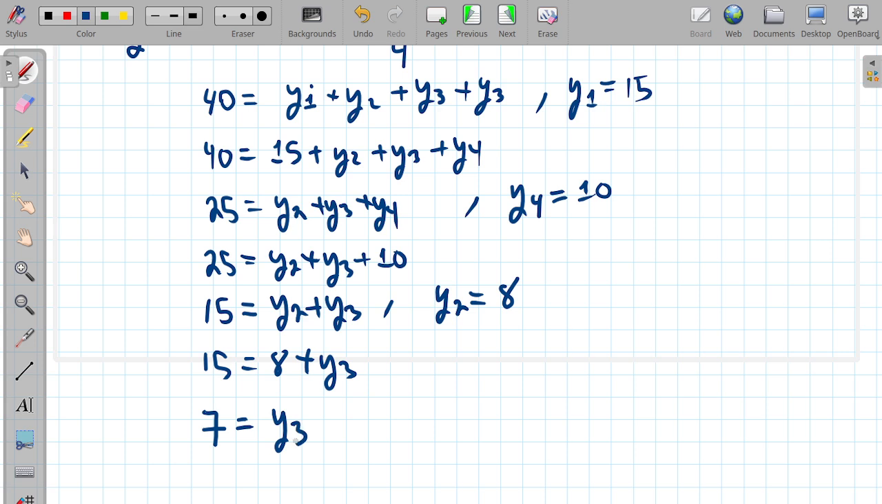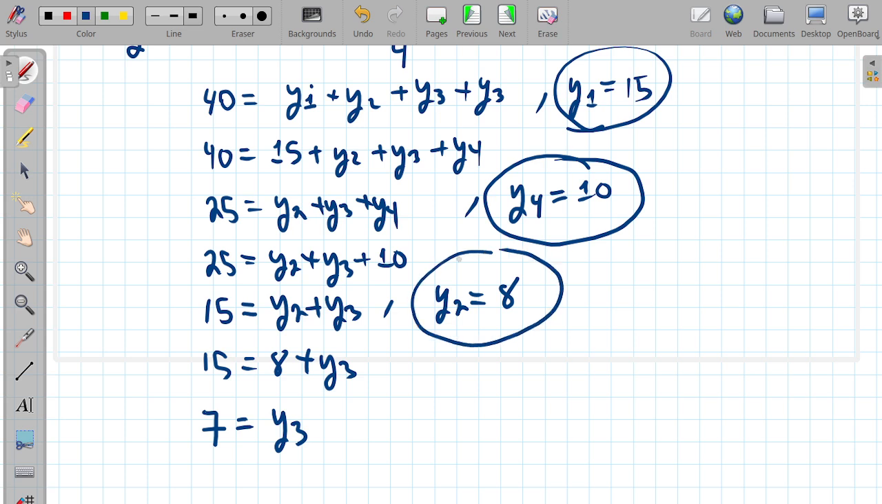My 3 previous choices of y1 of 15, y4 of 10, y2 of 8, I was free to choose those, but once I've done that, the last value is fixed, predetermined by my previous selections. Y sub 3 here is 7. So this is the first degree of freedom, this is the second degree of freedom, this is the third degree